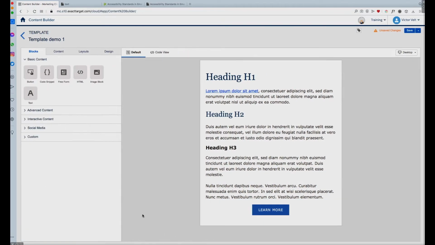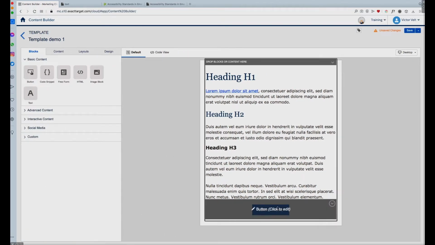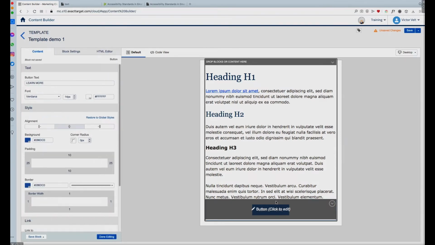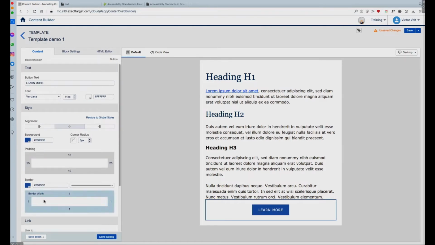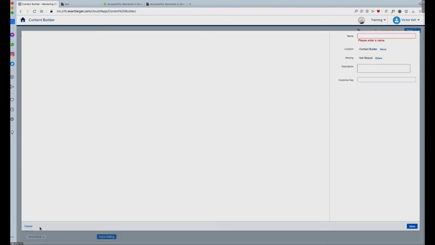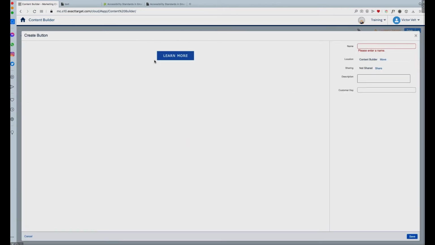Now, the way to save all these settings that I just gave to the button is to actually save this block as one of my saved blocks. So let me click on this one more time. And you see that here at the bottom on the left, there's Save Block. So I click this. Since we haven't saved this before, it will give me Create New. And here it will let me save this as a saved block. So I'm going to make this